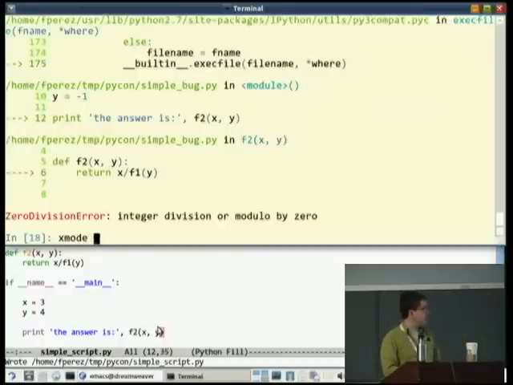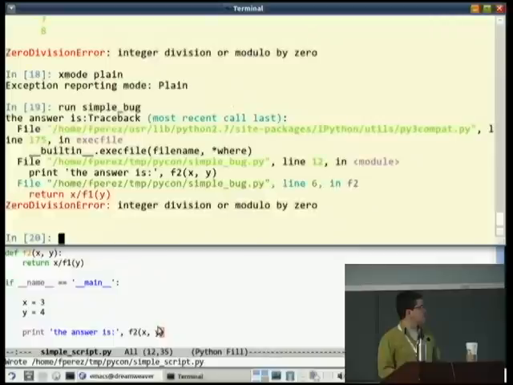Plain basically looks very similar to the plain Python traceback, just with coloring, but with the frames and the stack printouts. The reason is that this is a valid doctest traceback, whereas our fancy ones are not valid doctest tracebacks. And the fancy one,